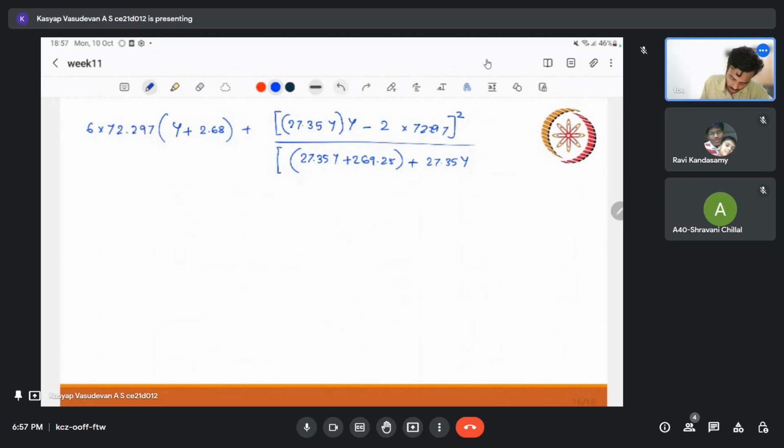This is the second term. The third term is minus pp2 y square, so minus 27.35 y square. So this is the equation. Everything is in terms of y now. If we spend enough time, we can solve this with respect to y. If I solve this, I will be arriving upon, on simplification,